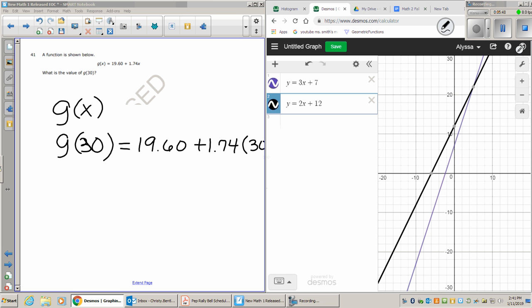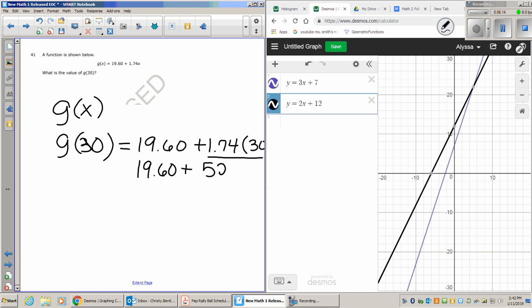So now you're just going to calculate. We're going to keep the 19 and 60 hundredths. We're going to always do the multiplying first and then come back and do our addition. So if we simplify this, we have 1.74 times 30, and that calculates to